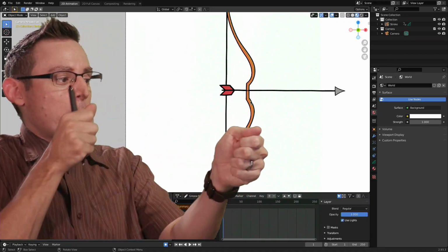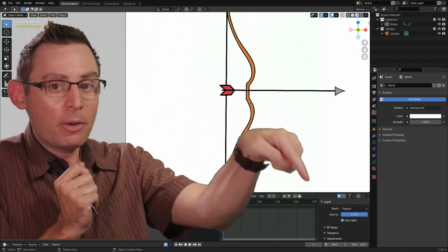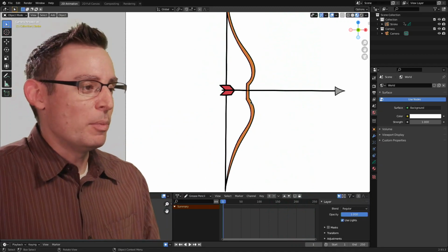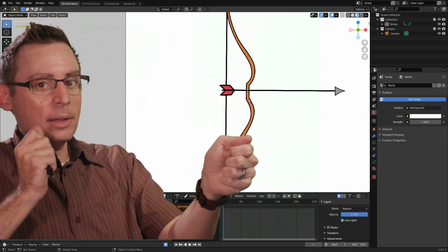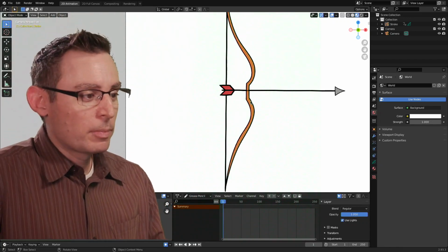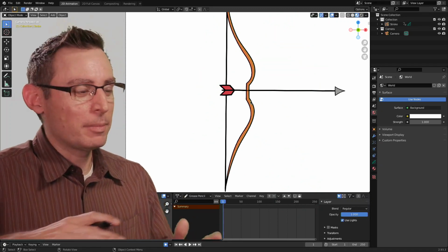So we're going to stretch the bow back, and then we're going to release the arrow, and then the arrow is going to fly out of the front of the bow and then land somewhere off screen in an arced movement. So with that in mind, the pull back, pause, fire, we have a good framework for what it is that we're trying to produce. That concept is important before we begin any animation.